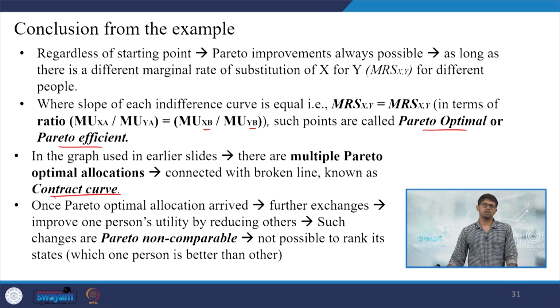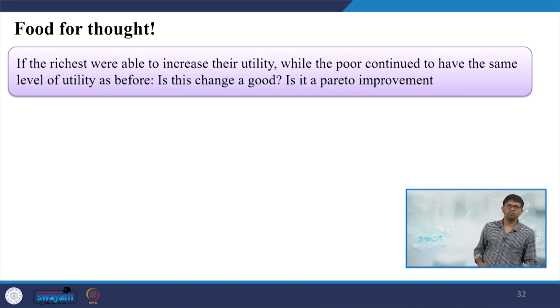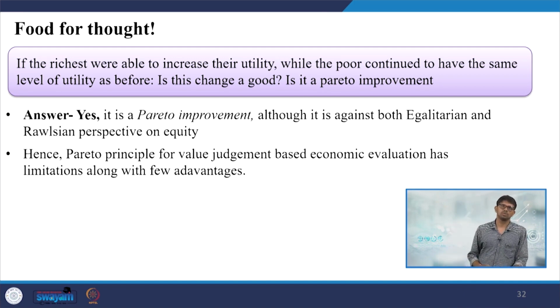Such changes are called Pareto non-comparable, and it is not even possible to rank the states in which one person is better off than others. So, one food for thought is here: if the richest people were able to increase their utility while the poor continued to have the same level of utility as before, is this change good, or is it a Pareto improvement? So, the clear answer is of course yes, it is a Pareto improvement, although it is against both egalitarian and